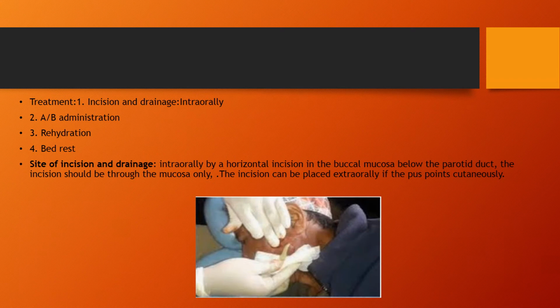Site of incision and drainage is intraorally by a horizontal incision in the buccal mucosa below the parotid duct. The incision should be through the mucosa only. The incision can be placed extraorally if the pus point